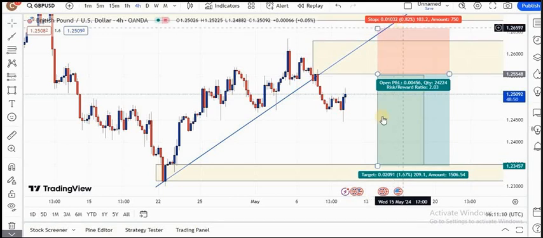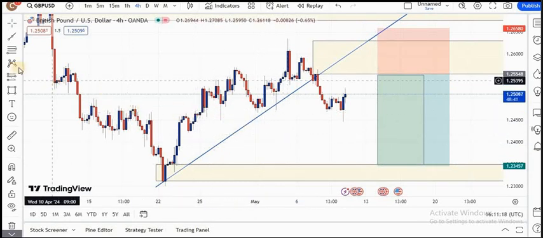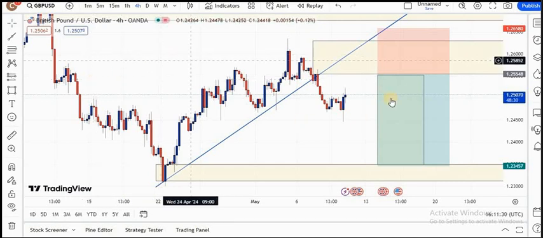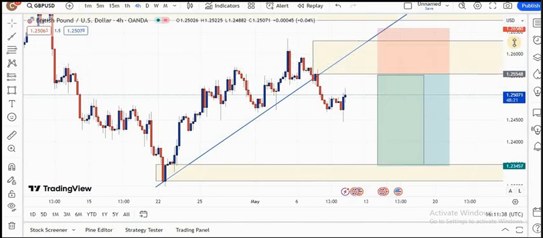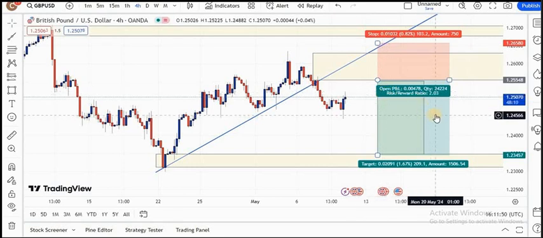and that is what I refer to as let the market breathe. Let the market breathe, because people like to use tight stop loss in the name of I don't want to lose much. I'm not saying you should lose much. It is the same amount you are going to spread across the number of pips you are risking. You understand? So if you want to risk $10, it is the same $10 you have when you are risking 100 pips. If you want to risk $10 on 50 pips, the same amount,